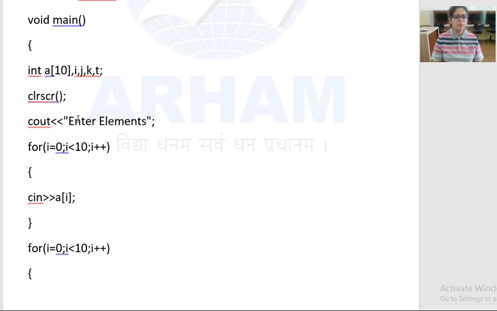Next is the cout statement, enter elements. Now we want to print a message on the output screen that says enter elements. So we have to use the cout statement for that, and you always have to write this statement in double quotes. Start of double quotes, end of double quotes, and it ends with a semicolon. Now you know that when we have to enter elements in the array, we have to use a for loop. Every time you have to enter elements into the array or get output from the array, you always have to use a for loop, because